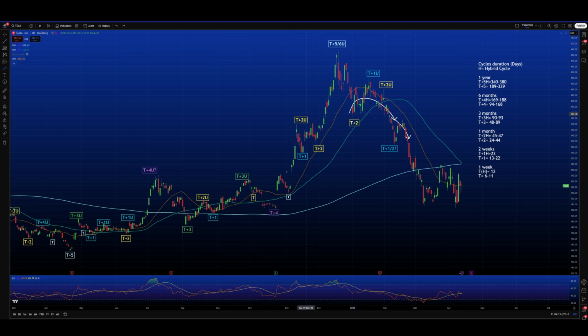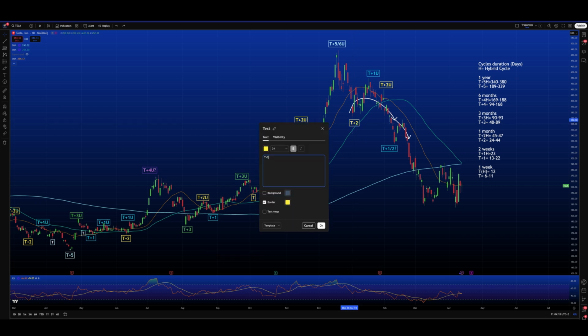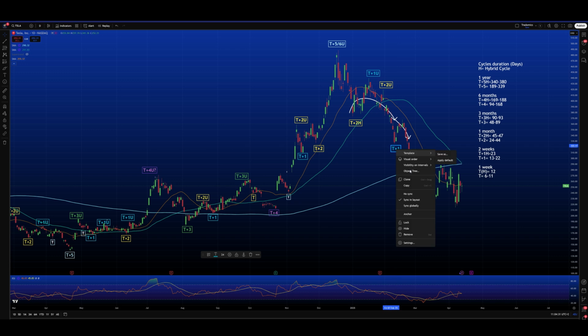I am more, to be honest, in favor of this second possibility, because looking at the indexes and looking also at the other stocks, I would tend to favor the last cycle that has happened like a T+1, because we have all the stocks then aligned. This is a T+1, so T+2 hybrid until here, and a T+1 neutral, slightly negative. Okay, and now here we have to see what is happening.